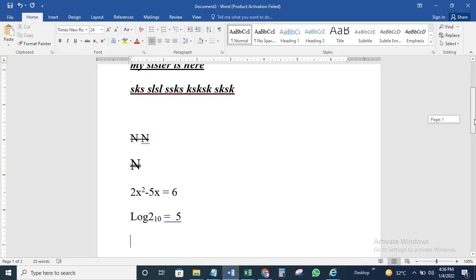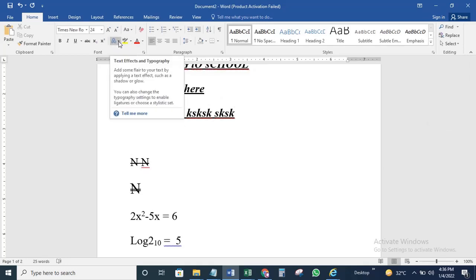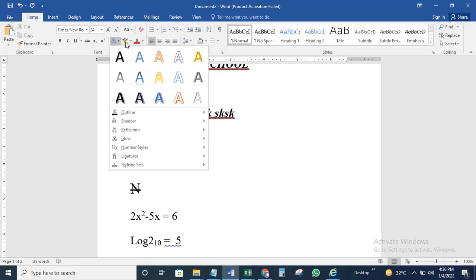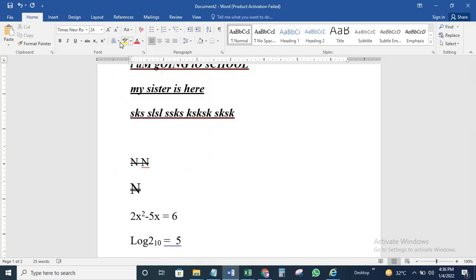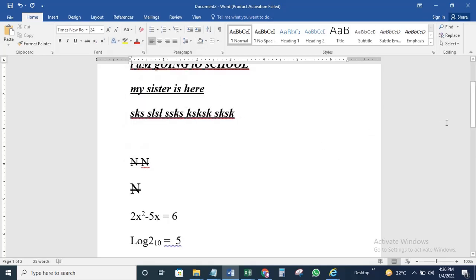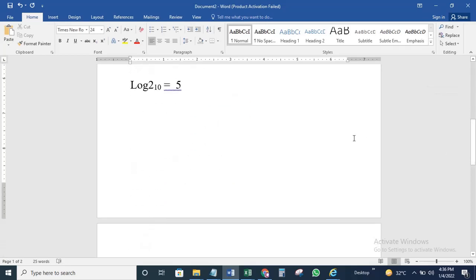Now going further to this, you will see some other transparent effect, text effect, typographical effect, shading, and some other color options. Now the first one is what? The first one is the text effect. Now depending on the nature of styling, if you are very good at styling, or if you are interested in styling your work, let's say